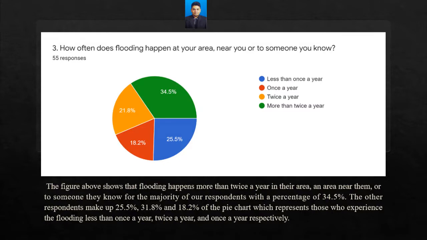On the flip side, for almost 26% of our respondents, it happens less than once a year. It happens twice a year for the third majority and once a year for the last majority. For the third and last majority of our respondents, which consists of 22% and 18% respectively, this figure shows that